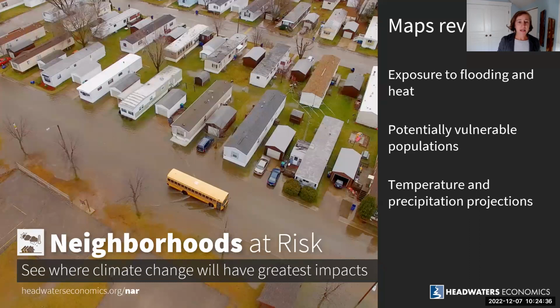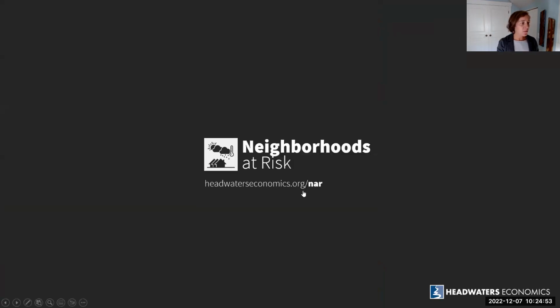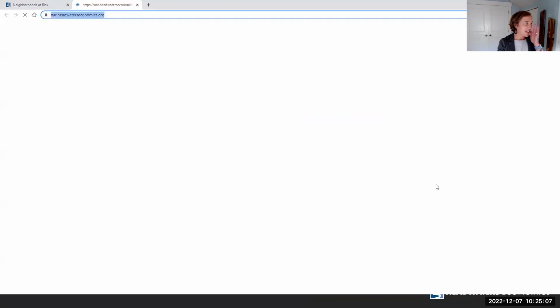We also provide data about climate projections into the future. So while the data in the map is kind of a snapshot, we're also providing some information about what the climate trends are expected to be so that folks can plan for a longer time horizon. And so with that, I'm going to jump right into a live demonstration of Neighborhoods at Risk. The link is also in the chat, so you can play along if you'd like to. Sometimes that's distracting. Sometimes folks like to do that.